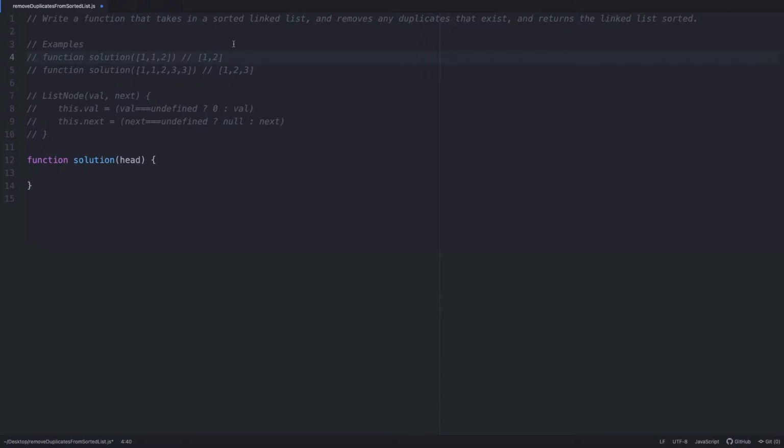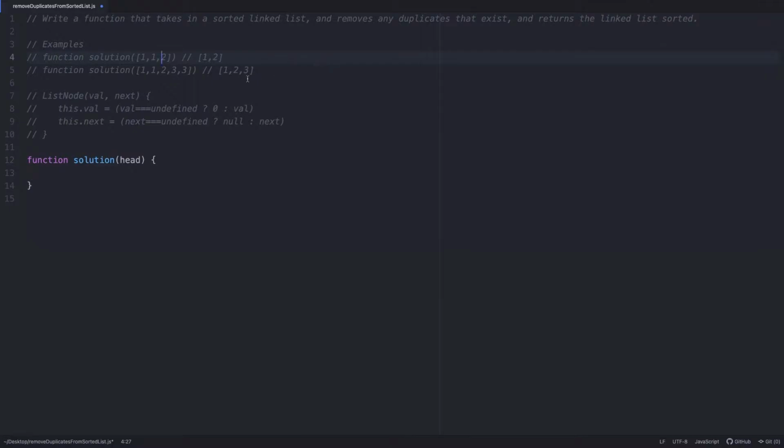It's called a linked list because each of the elements in the list is linked to one another. And in this case, it's a singly linked list because we are linking it in one direction. So 1 points to 1, which points to 2, which points to null. So that's exactly how a linked list works, and it's kind of different from an array. Maybe I'll do another video to take a look at the difference. But now taking a look at the actual problem,